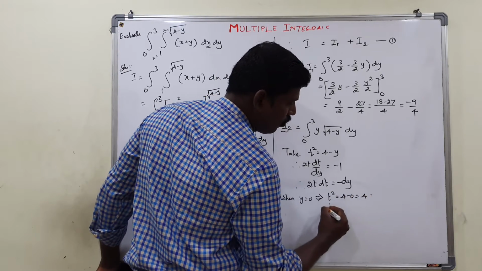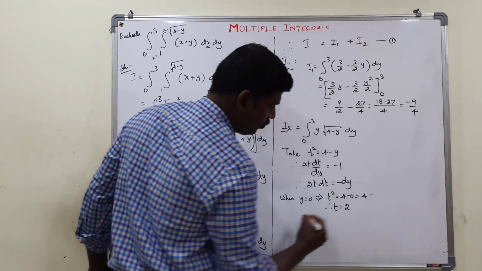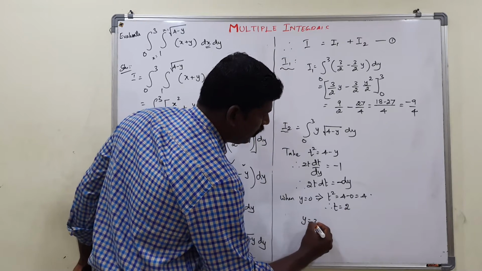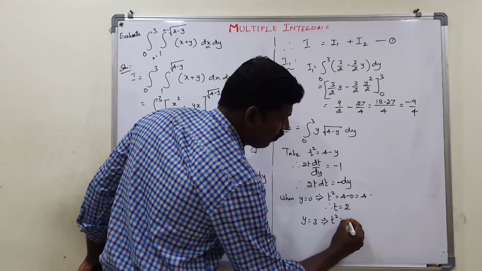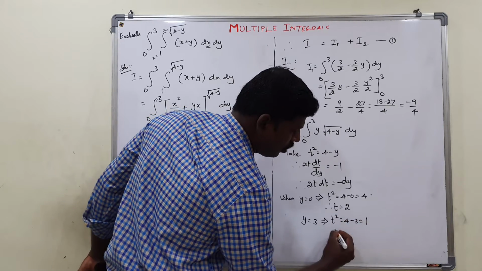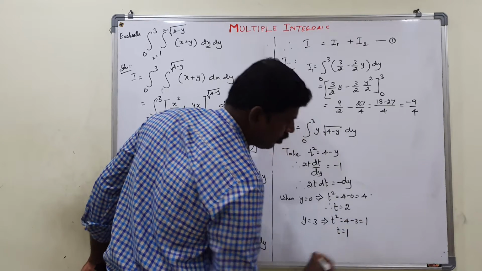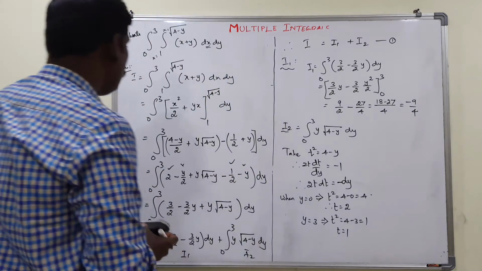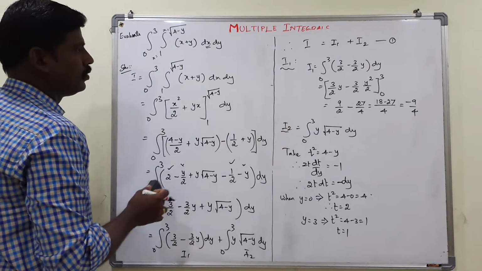So therefore t is equal to 2. When y is equal to 3, it implies t square is equal to 4 minus 3. It is equal to 1. So t square is equal to 1, t is also 1. Therefore the integral becomes